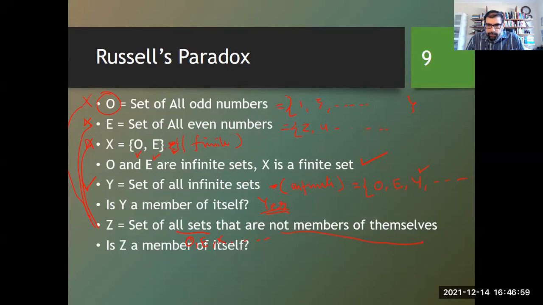Then I think no. No, Z is not a member of itself. Z is not a member of itself, so it means it's just like O, E, and X, ठीक है। तो इसका मतलब है हम उसको लिस्ट में लिख सकते हैं।